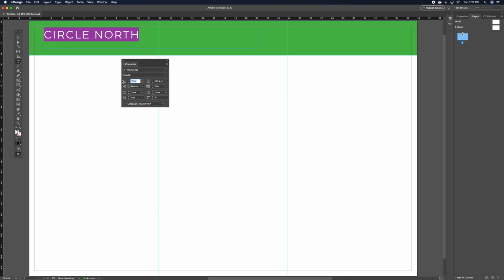So I'm going to just type in here 100 and see what that looks like, and I'm going to stretch it out by like 200. So that's the kerning, the space in between the letters. Circle North, and then I'll type in